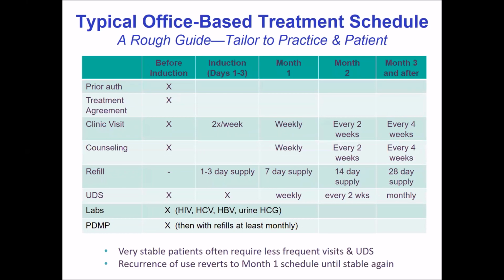I only give a 7-day refill and tie those to the clinic visits typically in that first month. If they're doing great after the first month and have had consistently negative urine toxicology screens and keeping appointments, then I'll stretch the visits, the counseling, and the refills out to every 14 days. If they're still doing well after month 2, then in month 3, we'll go to monthly follow-up visits, and then